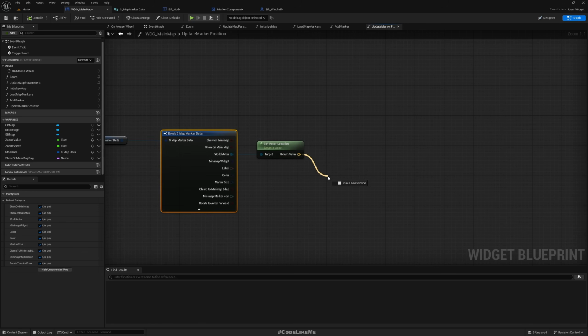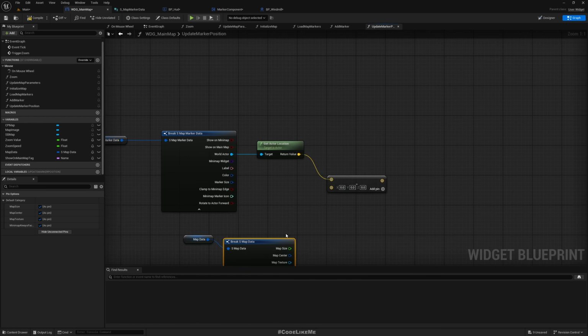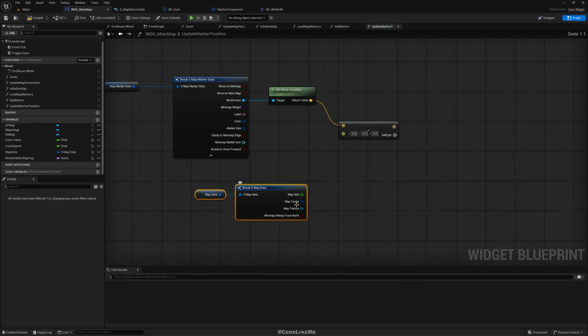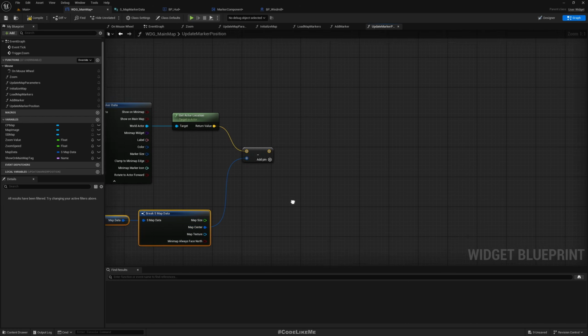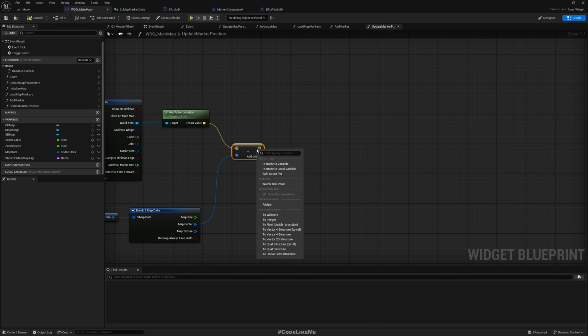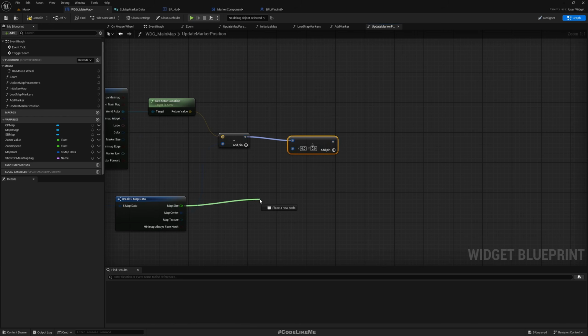So from here we can subtract this map center, right? And yeah, map center. So this is texture vector 2D. So yeah, that's fine. Can I convert this to vector 2D? Yeah, we can. And then we can divide this by this map size,